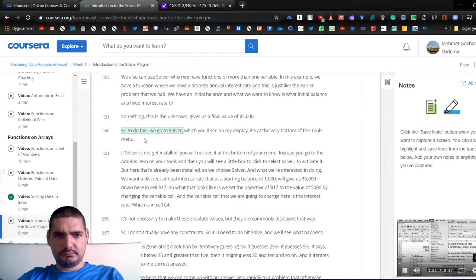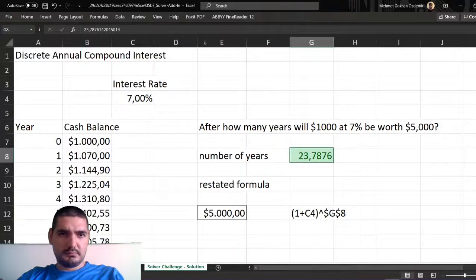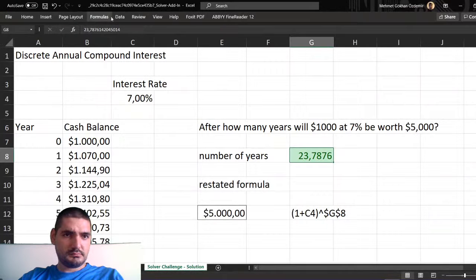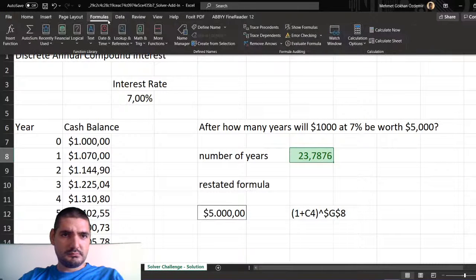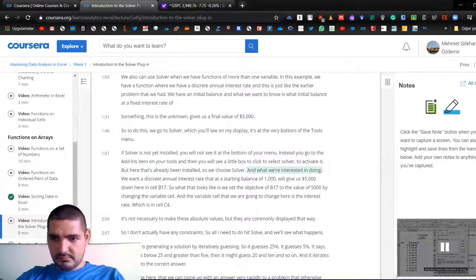So to do this, we go to Solver, which you'll see on my display. It's at the very bottom of the Tools menu. If Solver is not yet installed, you will not see it at the bottom of your menu. Instead, you go to the Add-ins item on your Tools, and then you will see a little box to click to select Solver to activate it. But here, that's already been installed. So we choose Solver, and what we're